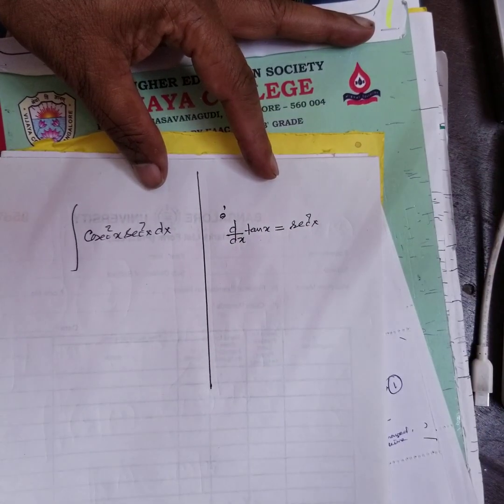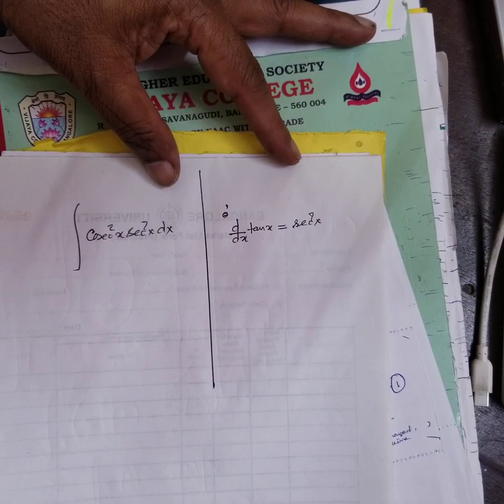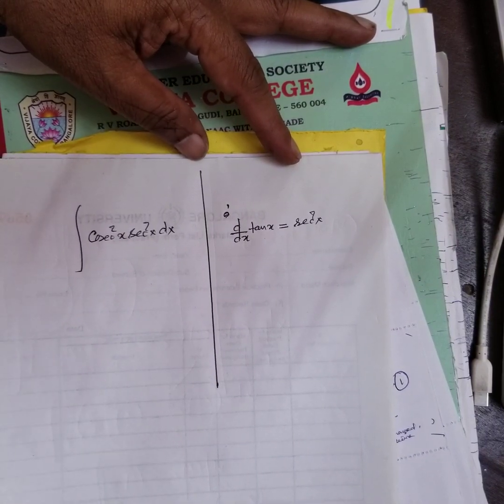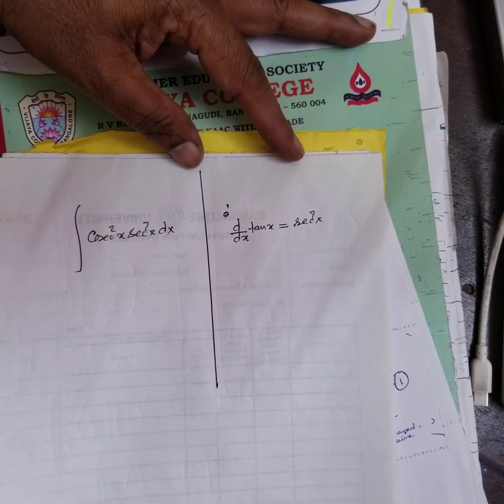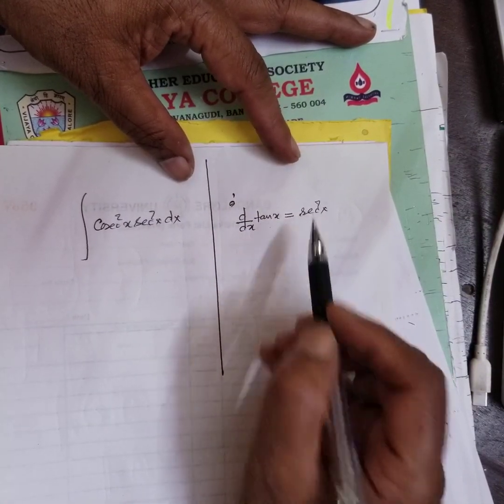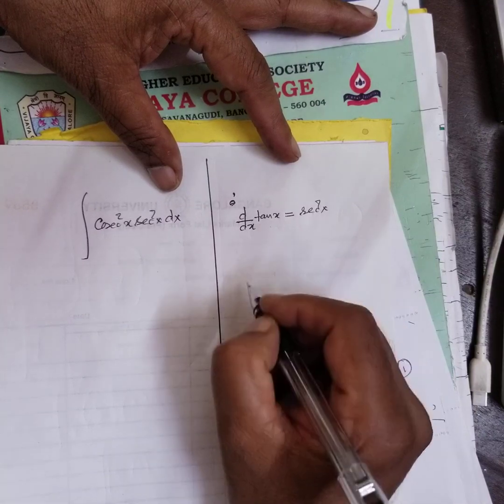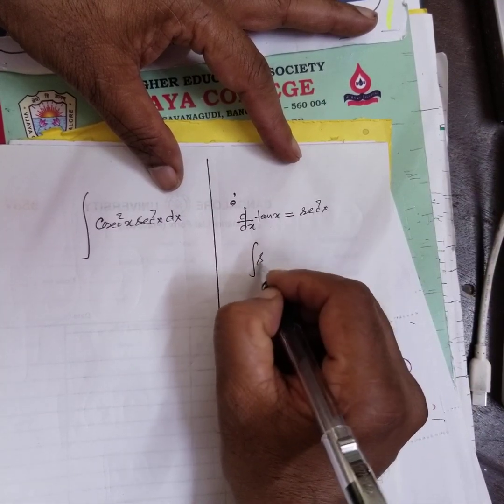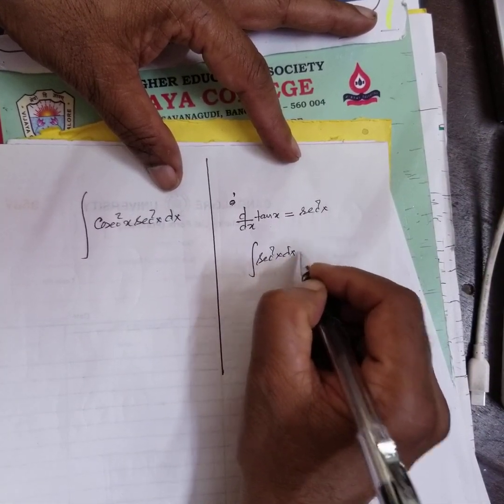See, any moment the video may close because another call is coming. It may stop, but I will continue in the next class. Differential coefficient of tan x is equal to secant square x. Therefore, integration of secant square x dx is equal to